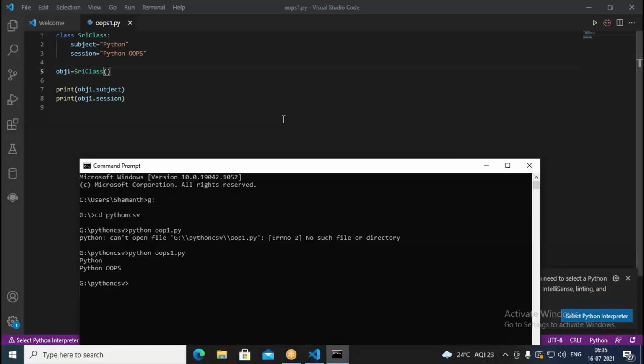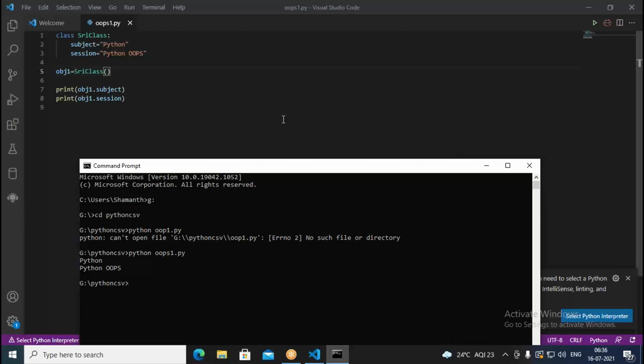So these two are called attributes. Subject is an attribute and session is also an attribute, or we can call it member data. Whenever you take any class, there are two things: one is attributes, the other one is actions or behavior. Sri class is a class here, and in that we have two attributes, subject and session.